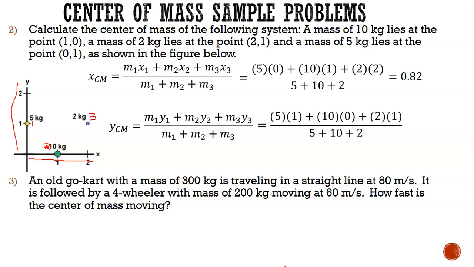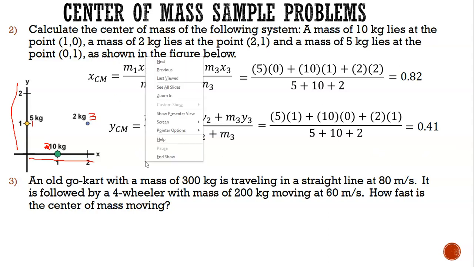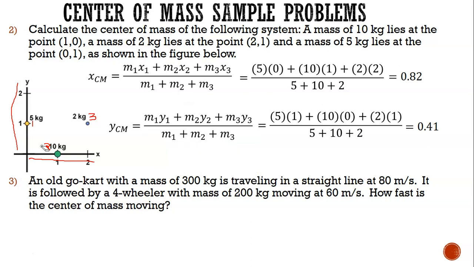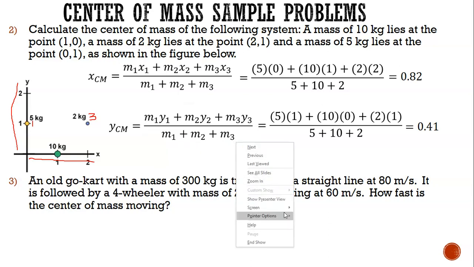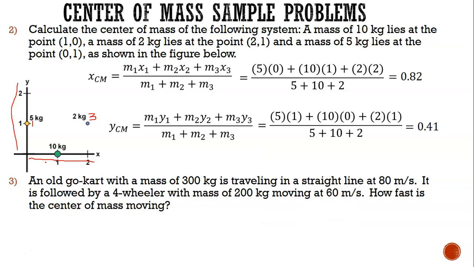So our 5 kilogram mass is at a y value of 1. Our 10 kilogram mass is at a y value of 0. And our 2 kilogram mass is at a y value of 1. So the center of mass in the y direction ends up being at 0.41. And let me show this a little bit more clearly. So the exact center of mass in the x direction is 0.82, which will be around here, and 0.41 in the y direction. So the center of mass is going to be right around here,